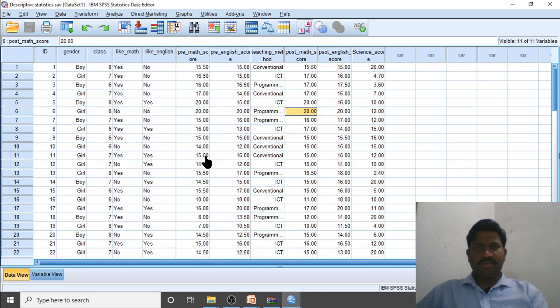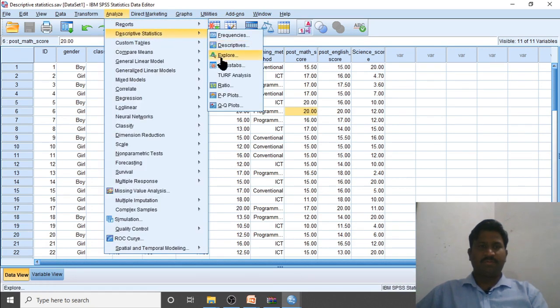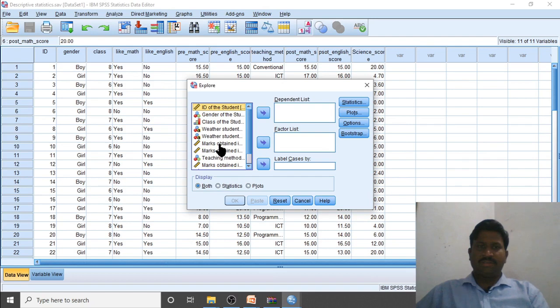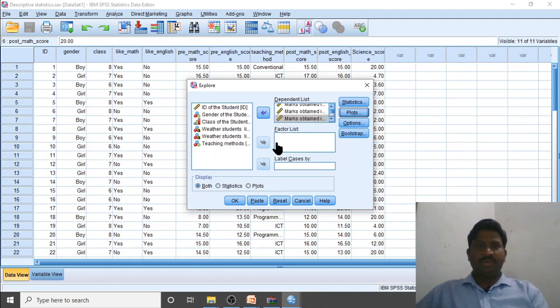We have one more method to test the normality of the score. Let us see. Analyze, Descriptive Statistics, Explore. Click on Explore. Send the test scores to the dependent variable list. Click on Statistics. Descriptives is there, confidence interval is 95%.